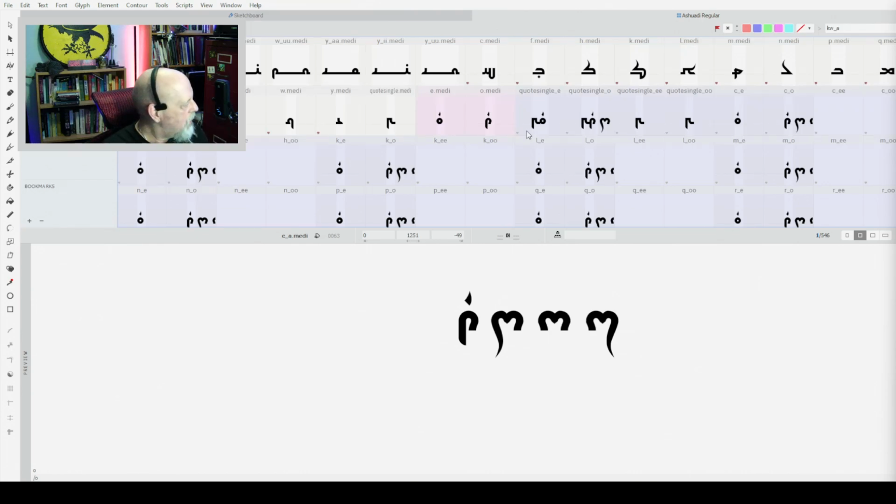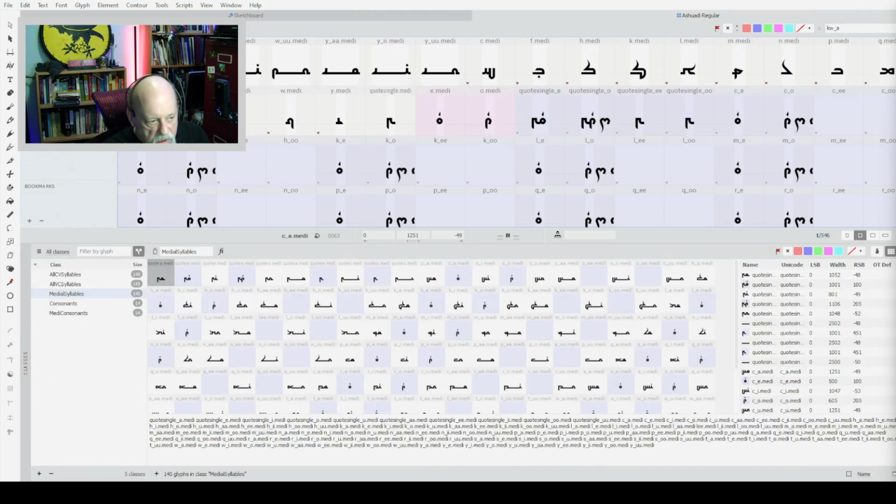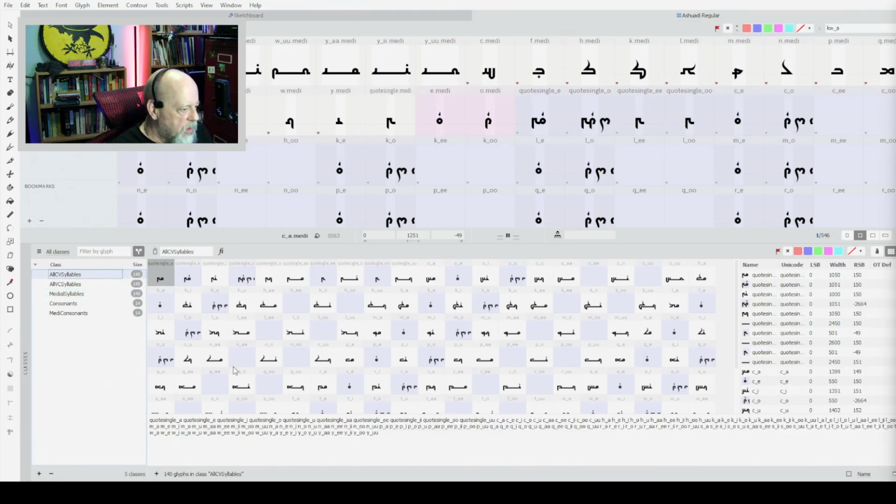However, if I go to my classes, close that, go to classes, if you look over here on the left, you'll see that all these numbers are in gray and white, not red. If there's an error in the count, then they show up as red. So these are all the syllables that can occur here that you could type in and it'll produce a glyph.